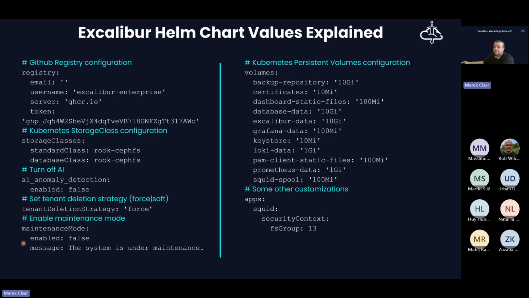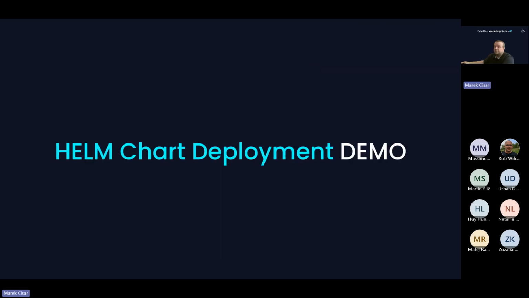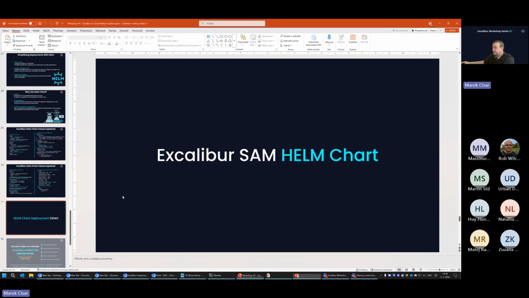So you can see how it was stored as an event within the Helm deployment. Okay, I will turn off the laser pointer now, and let's move to the chart deployment demo.